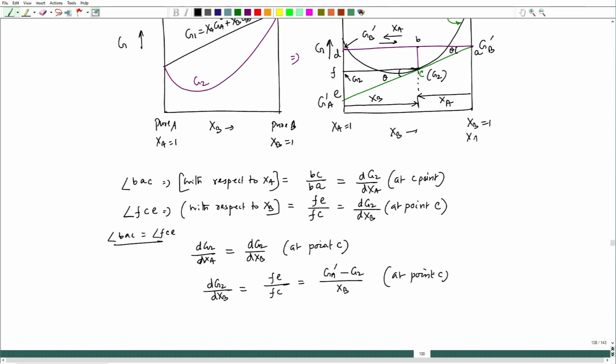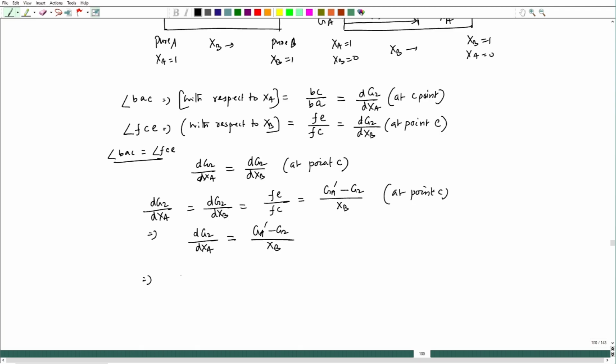So, this is XA equal to 0 and XB equal to 0, these two sides. So, I can write dG2/dXA equal to GA prime minus G2 divided by XB. So, GA prime minus G2 equal to XB